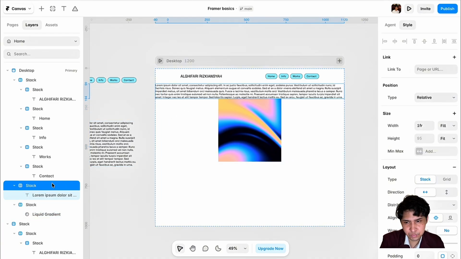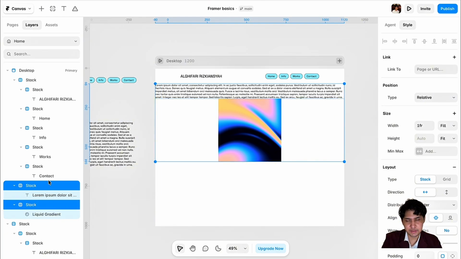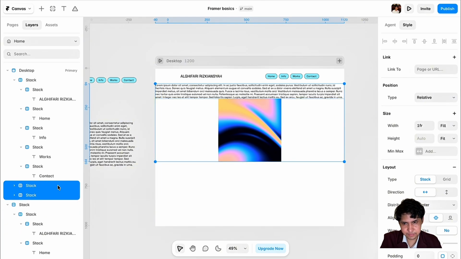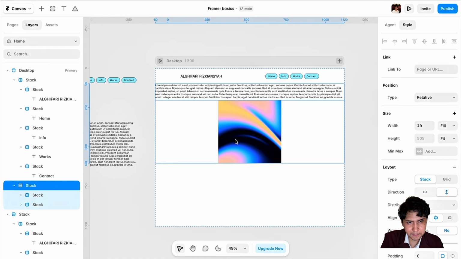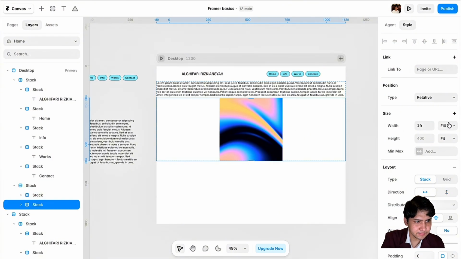In this text we add, okay, let's make this a tag and create the parent of this tag. Size we set up as fit,